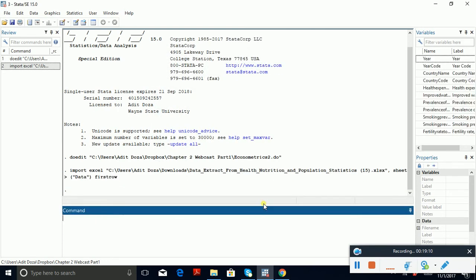Okay, so all of you guys should put a check on the checkbox. And click first row. So now let's go to the data set. If we want to see the data in Stata, we type BR in the command prompt. So type BR means browse, and when you press enter,